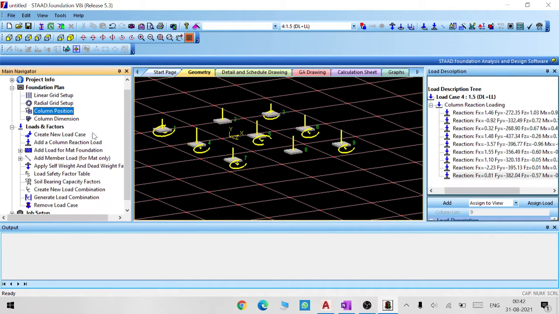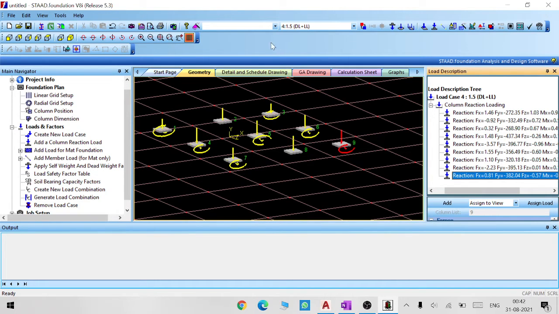Click the plus tree, create a new load case. If you click create a new load case, you can create the load for the entire columns. But here you can see a total of 9 columns. So this is your reaction 1, 2, 3, 4, 5, 6, 7, 8, and 9. So 9 columns, 9 reactions.